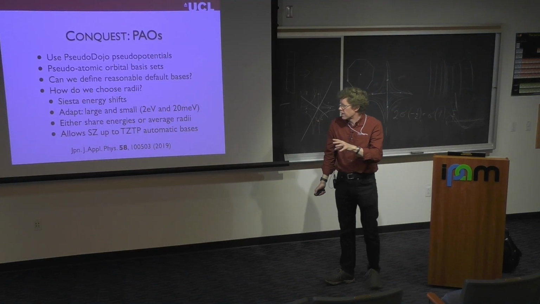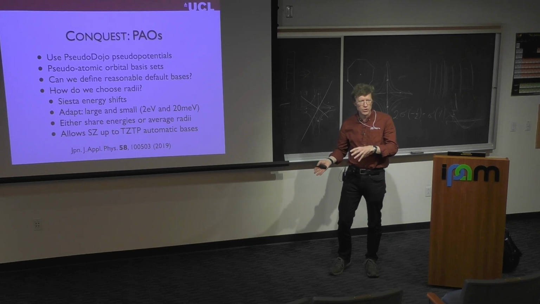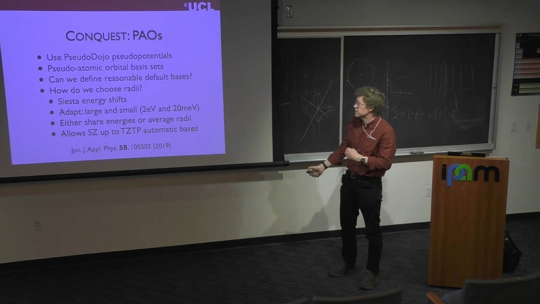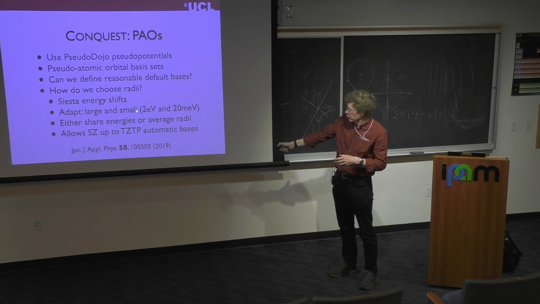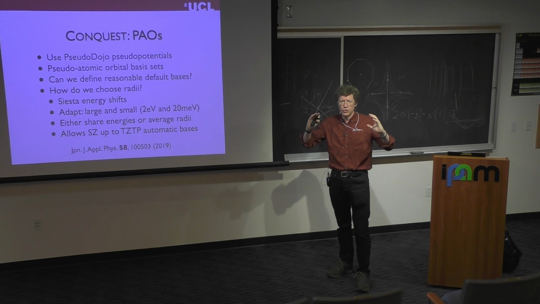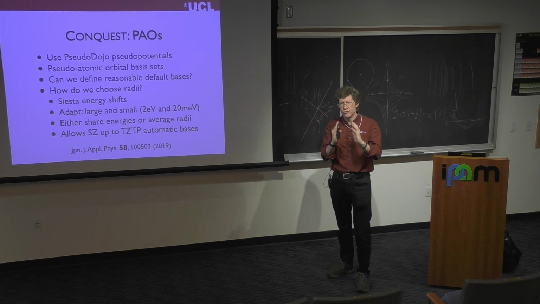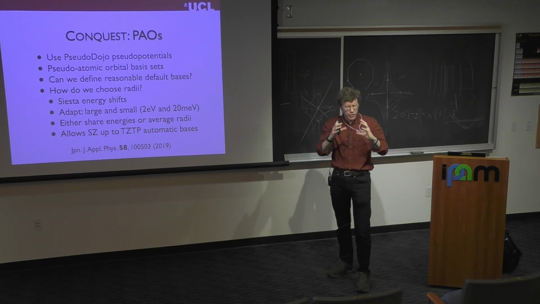What I'm going to show you is, I'm not claiming that this is absolutely reliable, but I think it's reasonable. So what we've done is we've defined two radii. We've got a very, very small radius, which is equivalent to a 2 eV shift of an orbital. So you take an atomic orbital and you squeeze it really hard, and the energy jumps by 2 eV, and that gives you a nice, really compressed orbital.